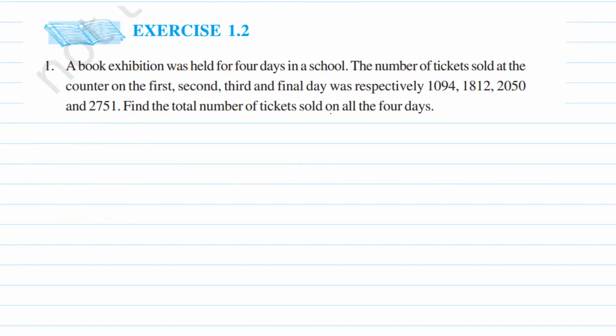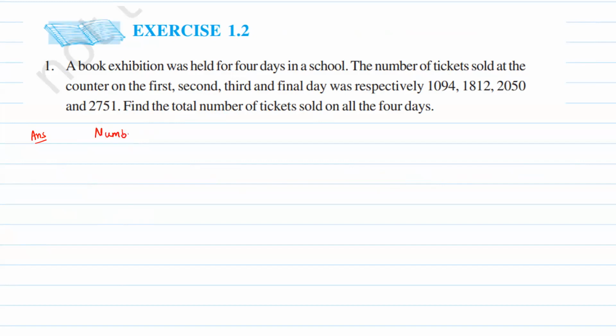Now coming to exercise 1.2, which are the word problems. So in the word problems, we have to write the statements as well. So the first question is saying a book exhibition was held for 4 days in a school. The number of tickets sold at the counter on the first, second, third, and final day was respectively 1,094, 1,812, 2,050, and 2,751. You have to find the total number of tickets sold on all the 4 days. So how we start with the word problem statements? We will write